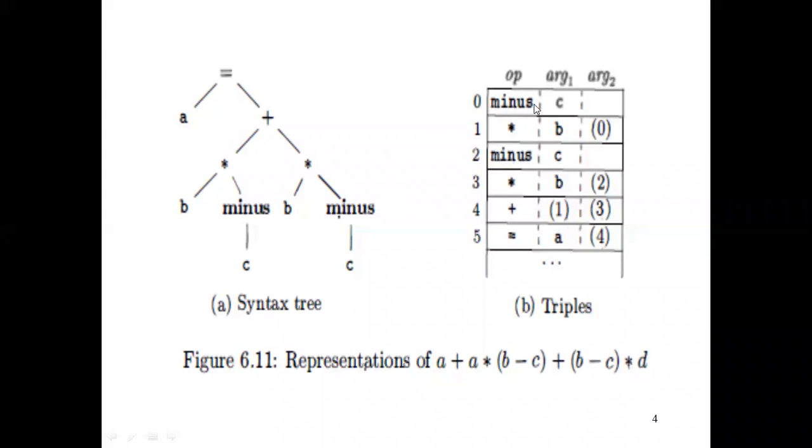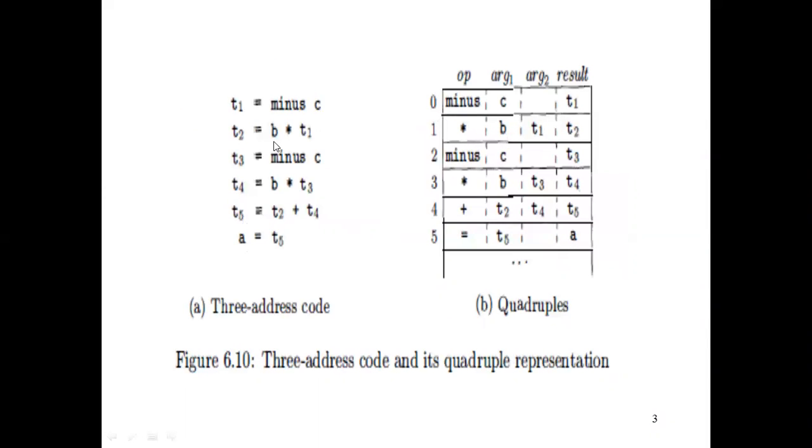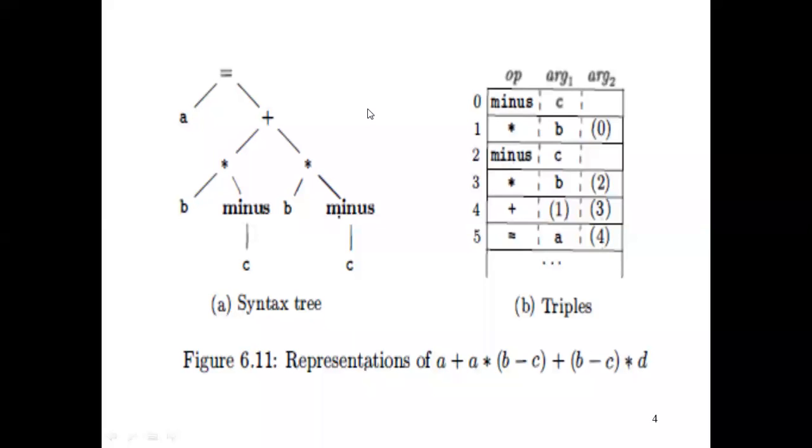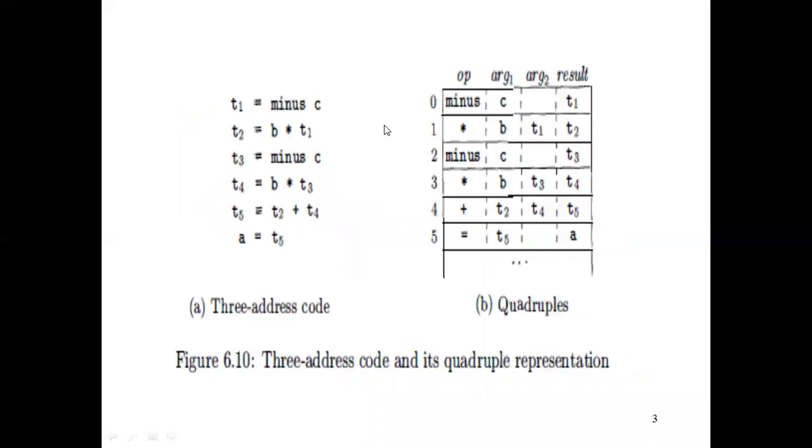Line number 0 means this value. And what is this value? Now you can see again here. Now you are going to store this value T2 at line number 1, and this is line number 0. So here we will use line number 0 because the other argument here is T1. So here argument 2 is T1. So for T1 we will choose line number 0.